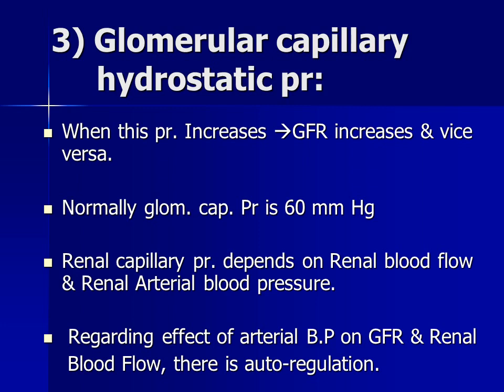glomerular hydrostatic pressure. Initially, if there is a mild to moderate constriction of the efferent arterioles, meaning that if the efferent arteriolar resistance initially increases to a mild degree, this will lead to an increase in the glomerular hydrostatic pressure, also leading to an increase in the glomerular filtration rate.